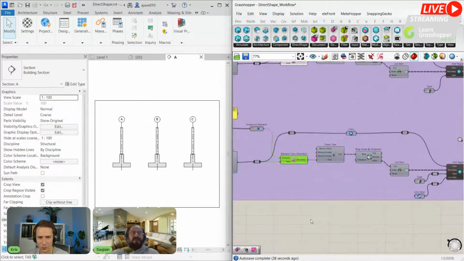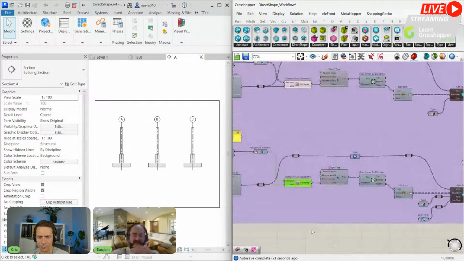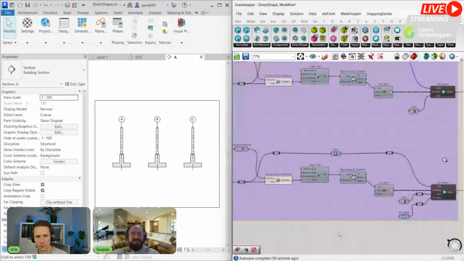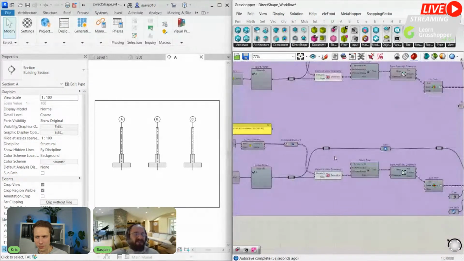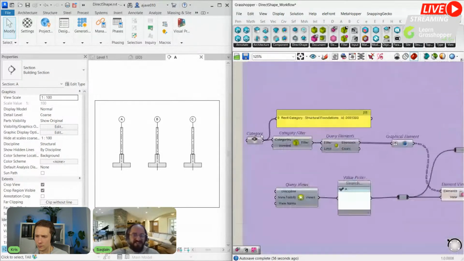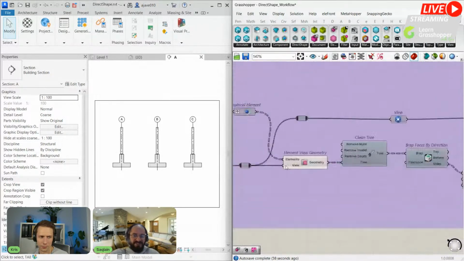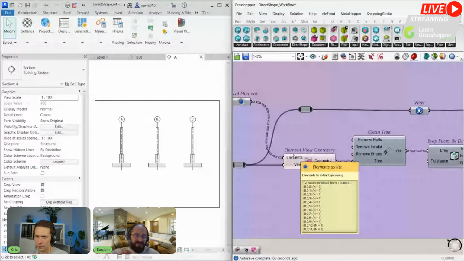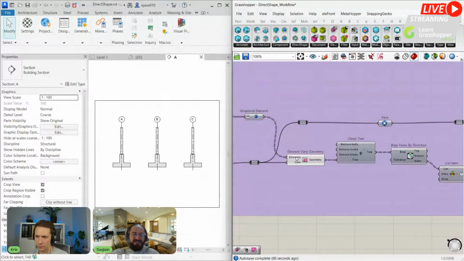It has helped me a lot because when I was working on my project, sometimes we had these existing structures, and sometimes we had structures from links, Revit links, IFC. So when you cut those sections, you don't find the hatches. You need to create the hatches manually. One way is to do it manually with the Revit UI, and the other is to create a simple workflow like this. Every time you have this problem, just extract the specific element, use this Element View Geometry to extract only that part, and using this, you create this region,